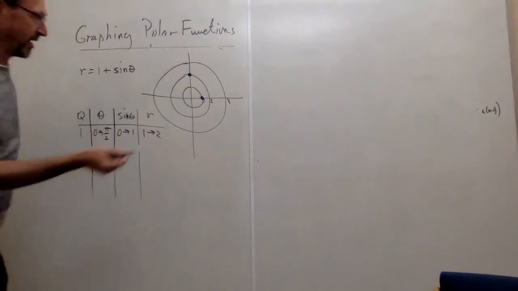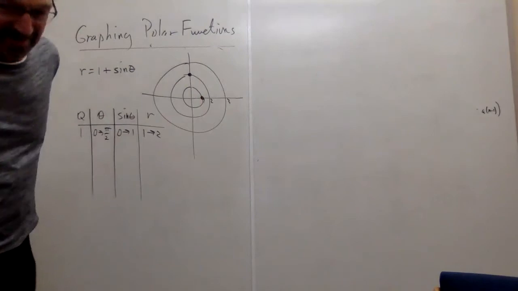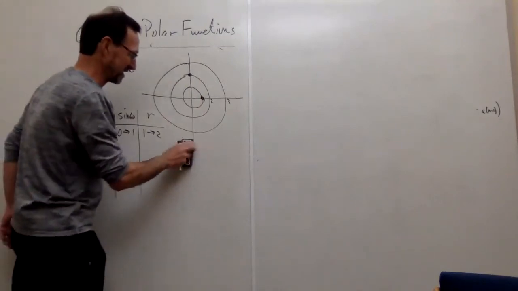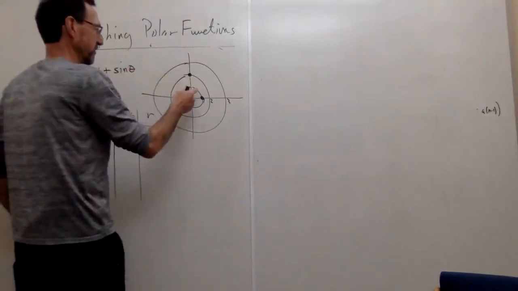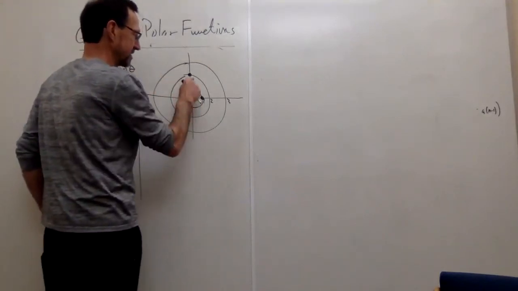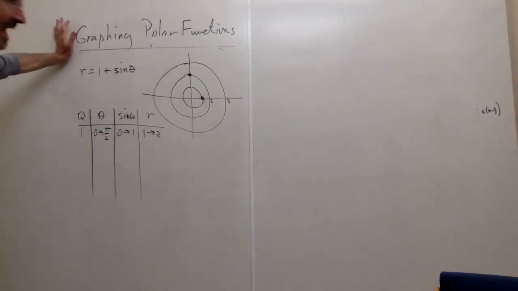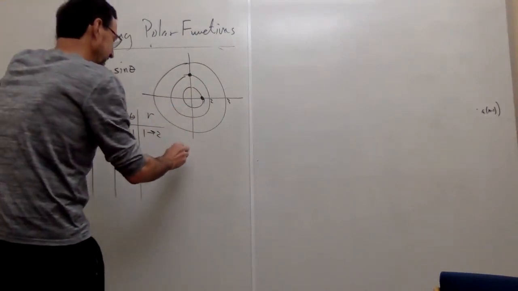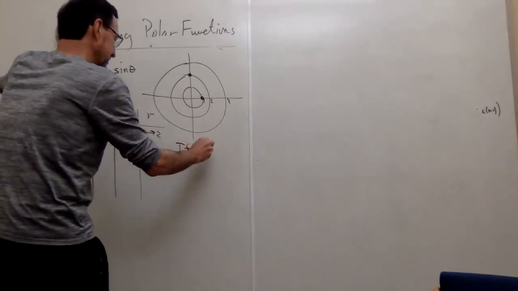And kind of like the spiral, it just increases. But I want to calculate 1 point because it's easy to calculate and it will help us. It will give us a target to shoot for as we make our trip from there to there. And that is the angle in the first quadrant where sine is equal to 1/2. Happens to be pi over 6. So if theta is pi over 6,